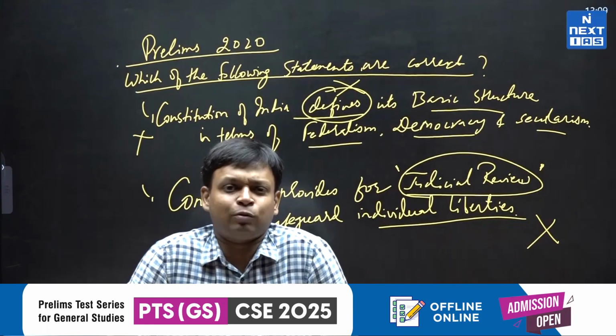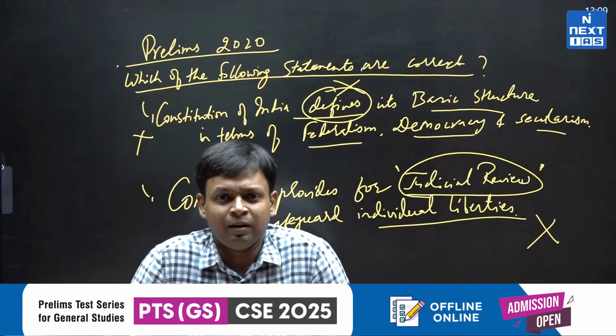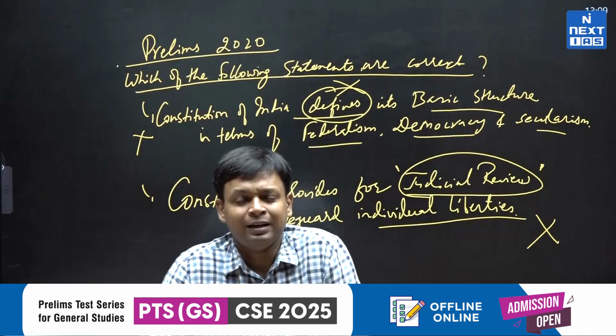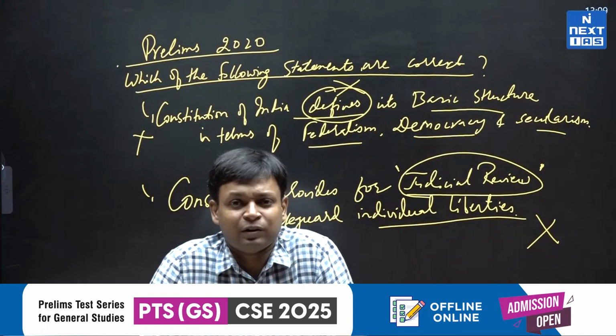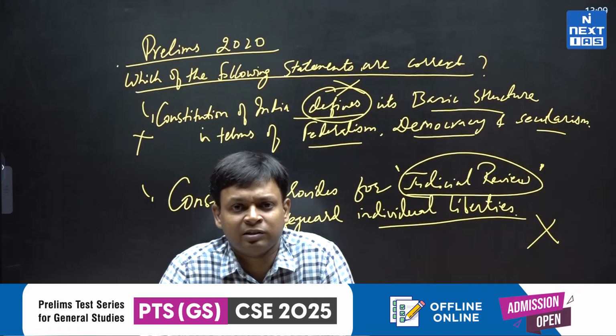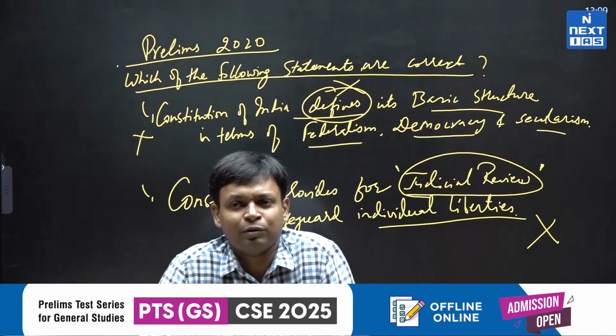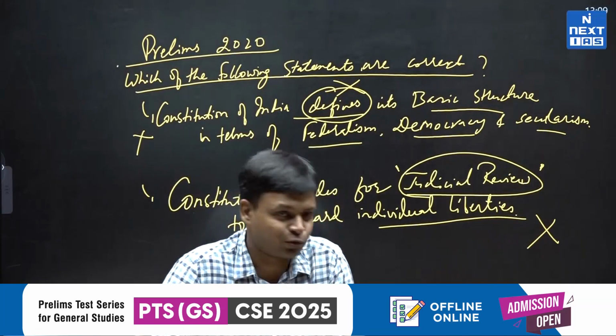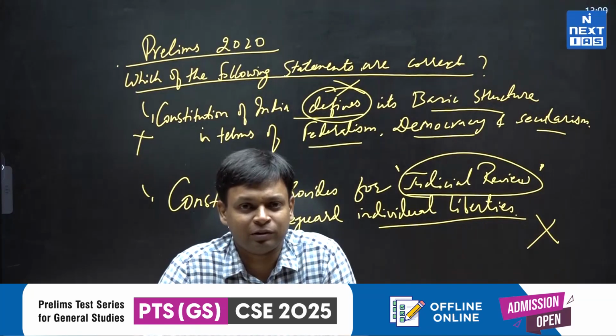based on the constitution. If the question has scope for interpretation, for example if the question asks that right to privacy is a fundamental right under which article, then of course you have to, based on the Supreme Court judgment, give the answer that it is article 21. But here there is no scope. You have to rely on the constitution.